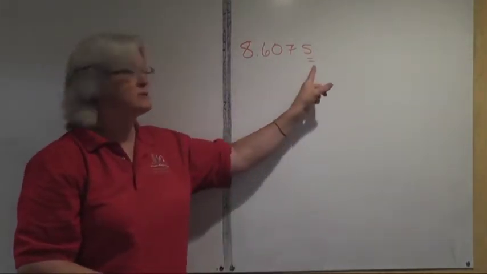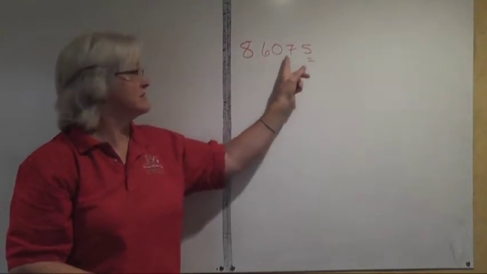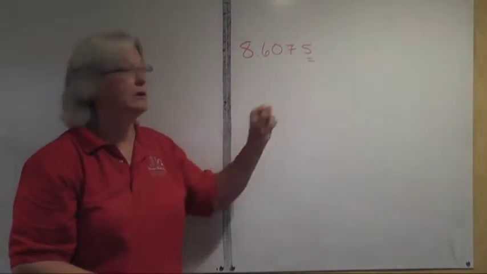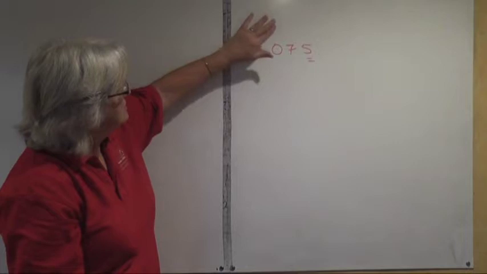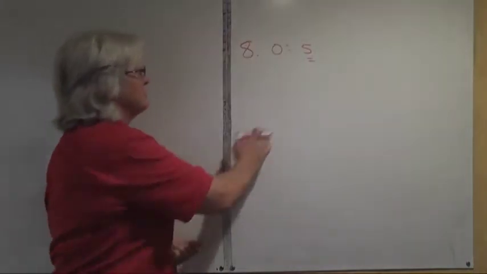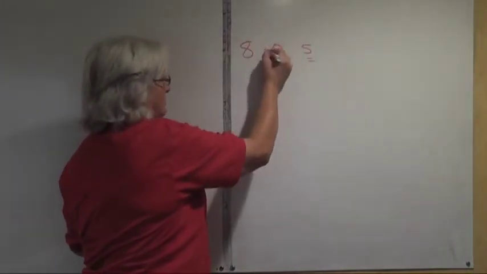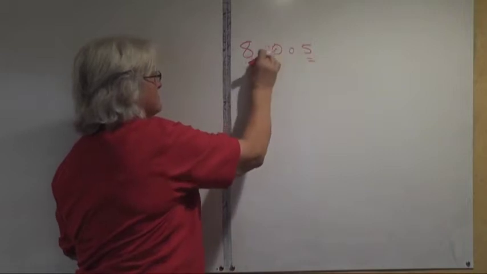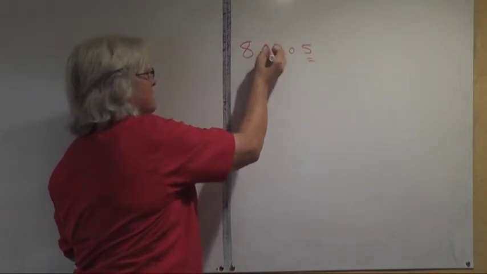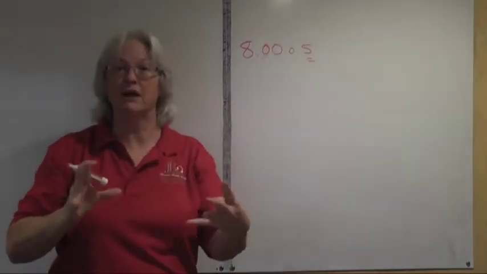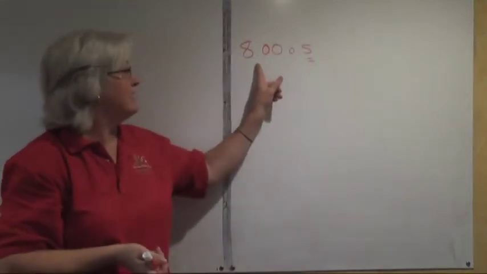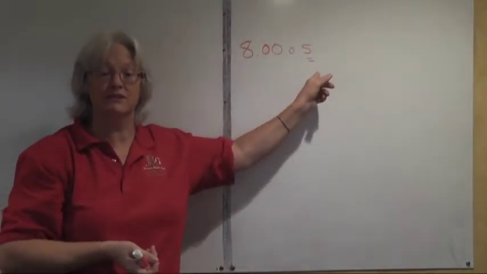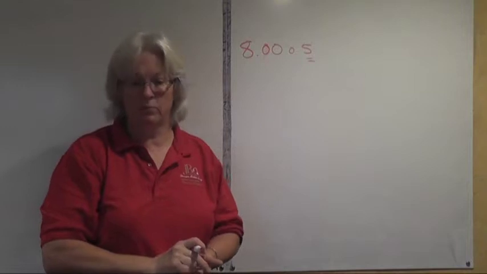Tenths, hundredths, thousandths, 10,000ths. So it's 6,075 10,000ths. If we had 8.0005, you don't say anything for those zeros, those are just placeholders. So this would be 8 and 5 10,000ths. So now with that brief review,